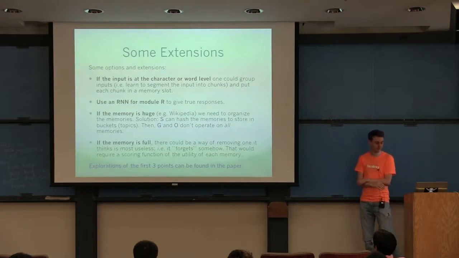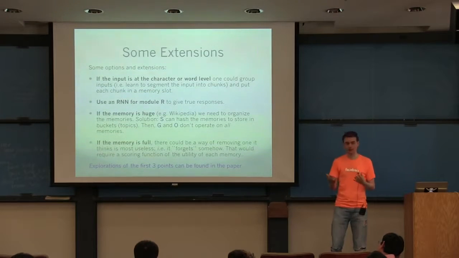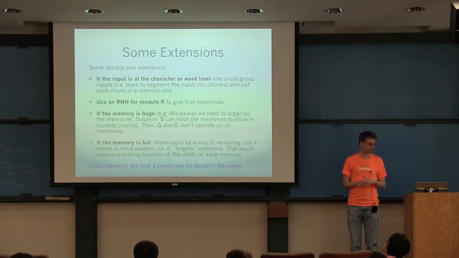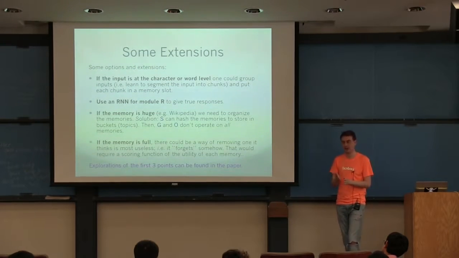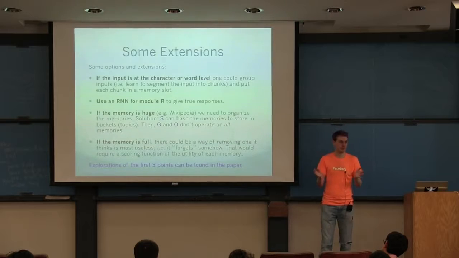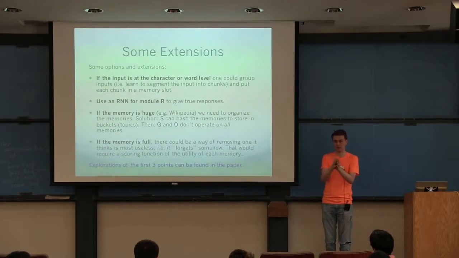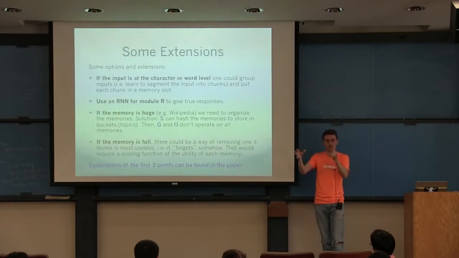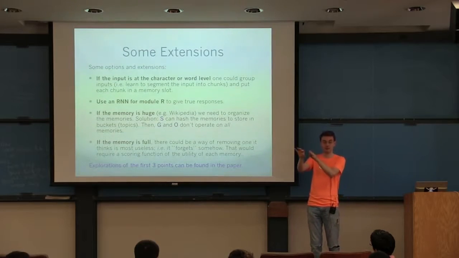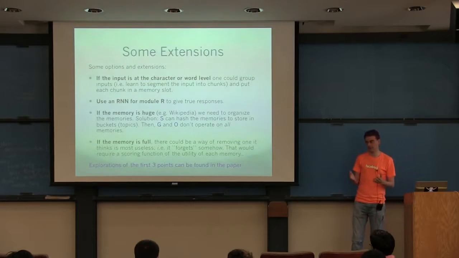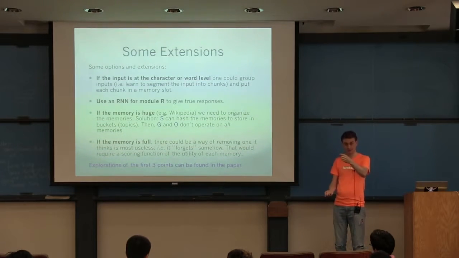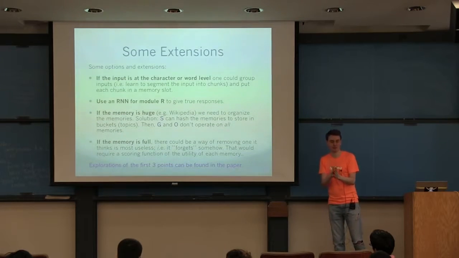First, some extensions. At the moment we've assumed that the model takes sentences as input, but you could consider other variants, like words coming in as input. If you did that, you need to do something smarter in terms of what you write to the memory, because you don't want to write all the words to the memory. It would be nice if you could segment out sentences or useful chunks of sentences and write those to the memory. That's one extension. Another extension is, instead of just ranking single words in the final response module, you could try to output a full sentence.